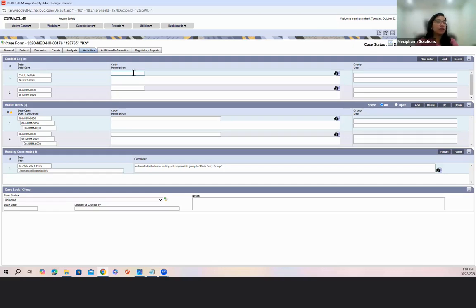If it's a post-marketing product, it could be a consumer follow-up, or a healthcare professional follow-up, or a reporter follow-up, whatever kind of follow-up you are doing. So all that code information